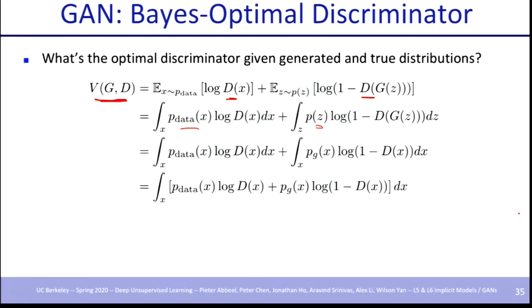Now, z, our distribution over z, results in a generated distribution for x, which will change a variable here, generator for x. Once we have both integrated with respect to x, we bring that out, and we have this quantity over here. And so we now have an optimization problem where we have p data x, p g x, and then d appears here and here. We can now take the derivative with respect to d of x and find for a given x what's the optimal d of x here, what's the posterior probability.